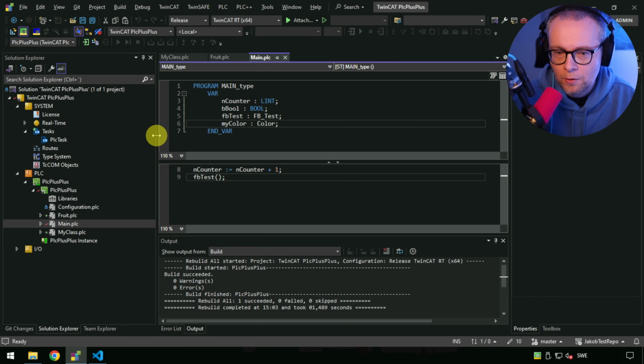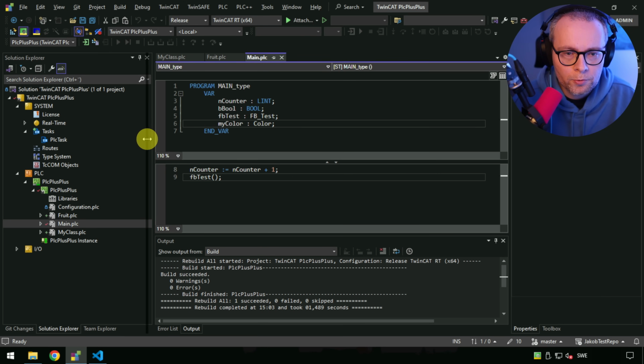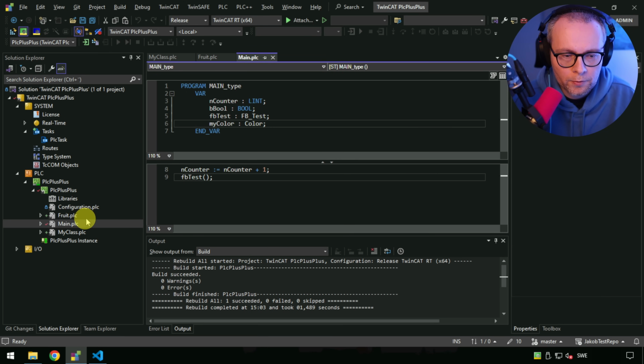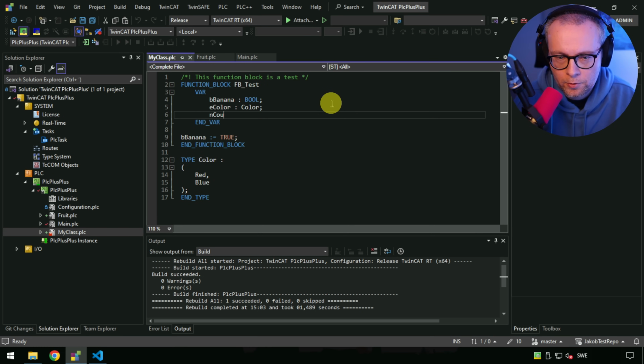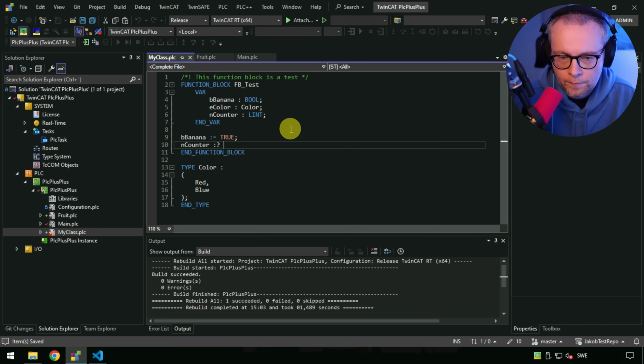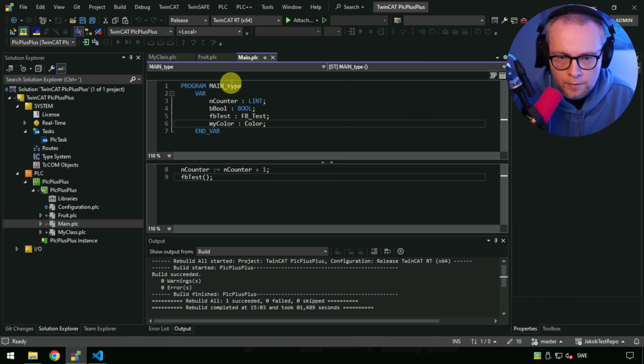Because Beckhoff have full control of the new development environment for the PLC part, they are actually able to do some quite nice things. And I'm going to show you one of those now. So if you go into our class here and we add a variable, let's just call it counter, always the counter, and we increment it by 1, like so, and we execute it. So we create an instance of our fb_test here in our program, and we execute it. So if I do an activate configuration of this,